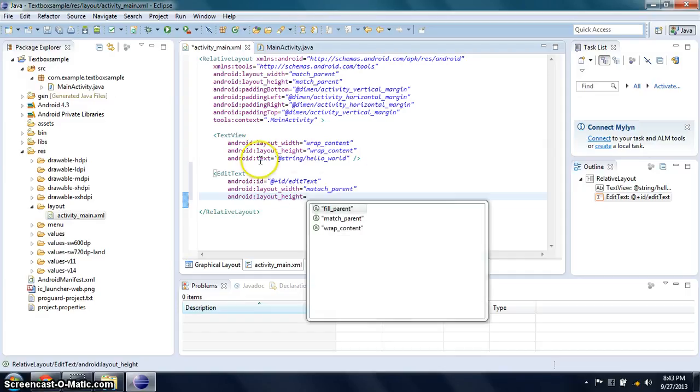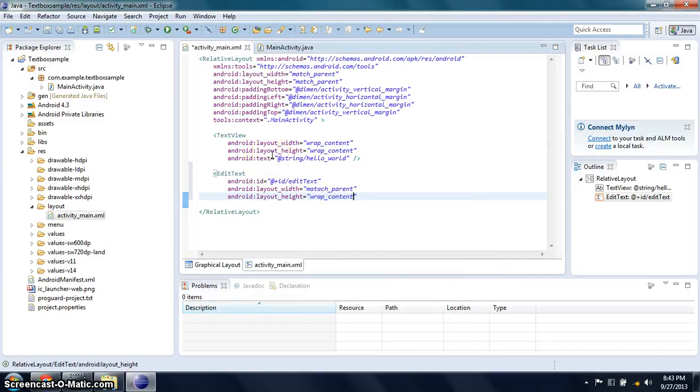We have just created two string resources that we can use in many ways and in many places in our application.